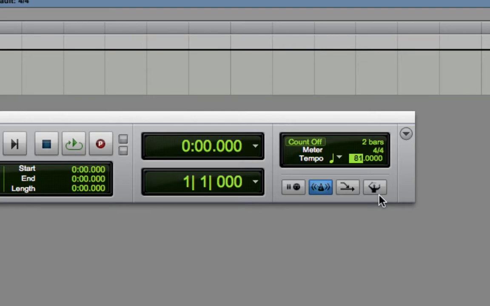you can tap a tempo. You can highlight it and you can hit what letter on the keyboard to tap for tempo? T. So I suggested that we maybe do somewhere around 80 beats per minute. We can type it in or we can tap it in. Now our tempo is